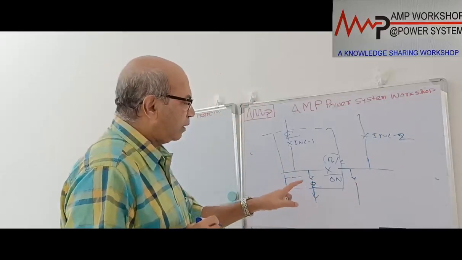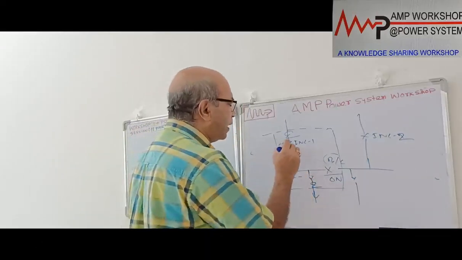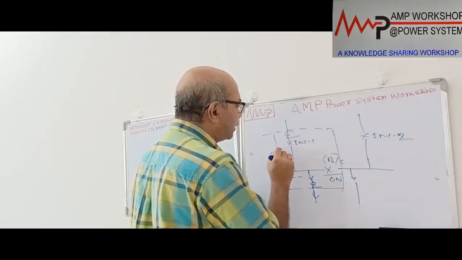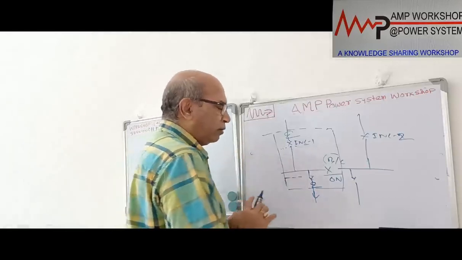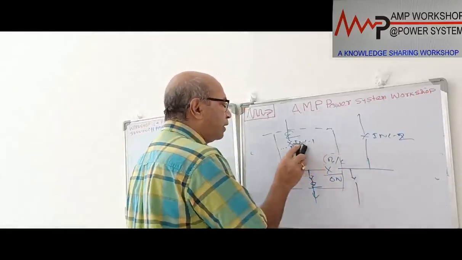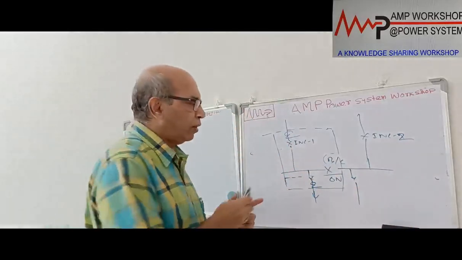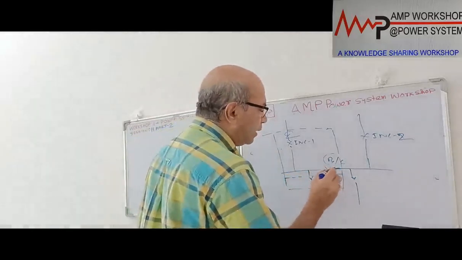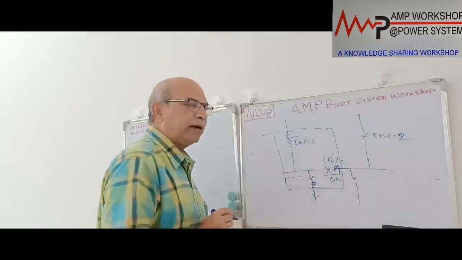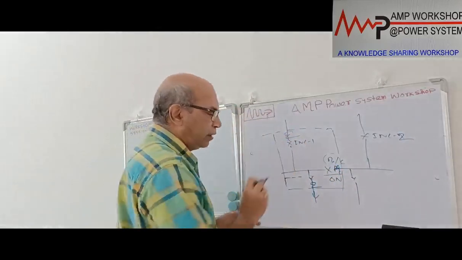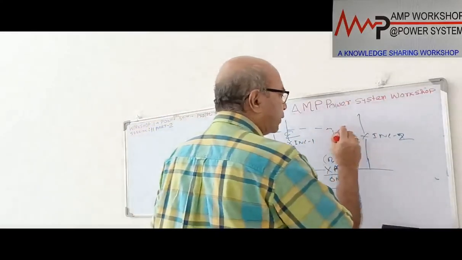So if we consider the zone in this way, any fault on the breaker will be included in the busbar zone. Suppose there is a fault on the breaker; if we decided the zone like this, after the breaker, then a fault on the breaker would not be included. That's why the zone is decided in such a way that the breakers, both incoming and outgoing, all the breakers, are included within the zone. So when we consider the bus coupler, suppose the CT is over here. We select the zone in such a way that this CT is included inside zone 1. In this case, this is zone 1. Then when we consider incomer 2, the zone will be like this.